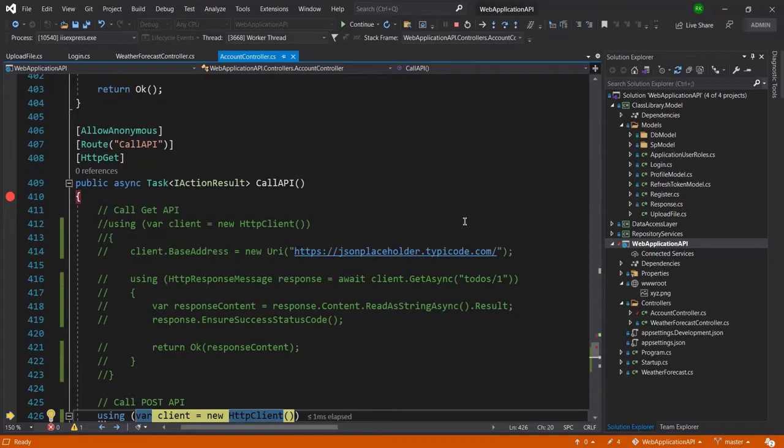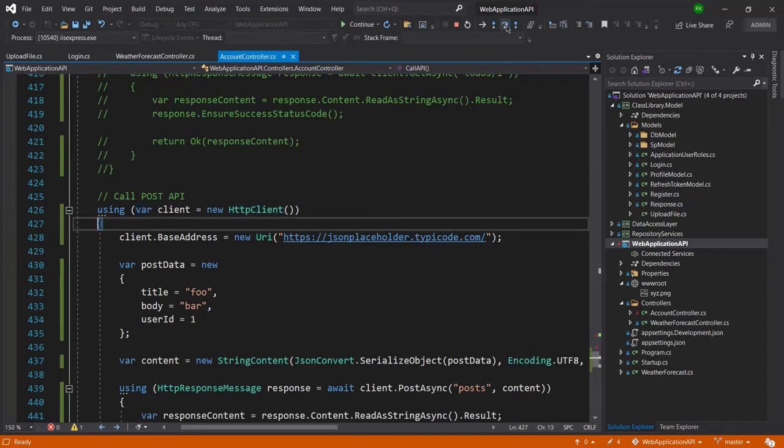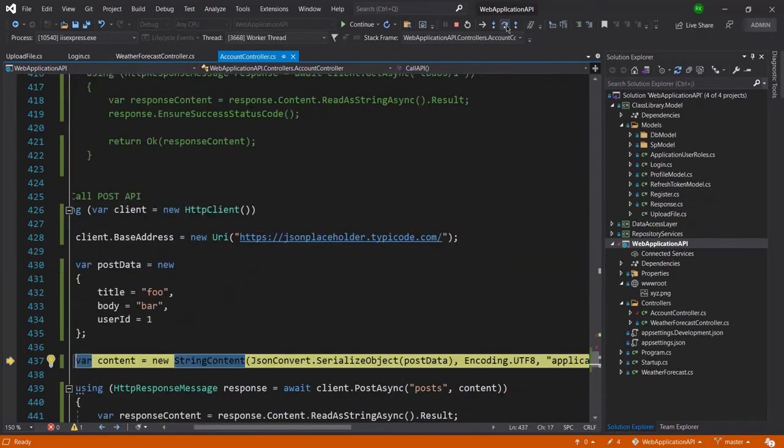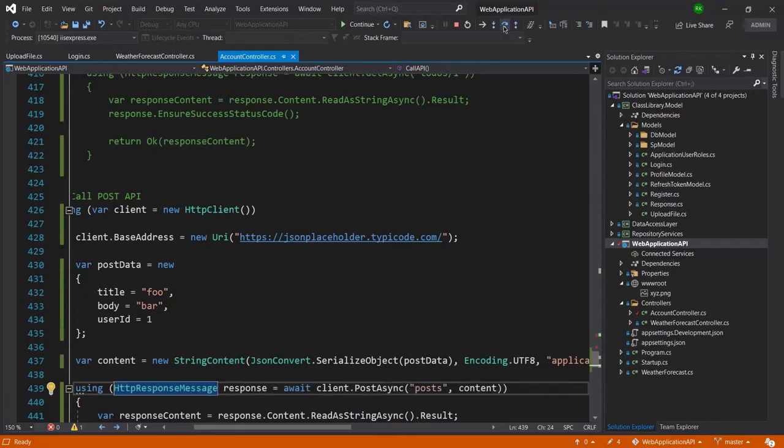You can see it has reached line number 4 to 6, and again I will press F10, and it will get the base address, and now it will get the request body object, and now it will create the content, and now it will call the API. Okay, and now API calling is done, and now it will return or fetch the result.